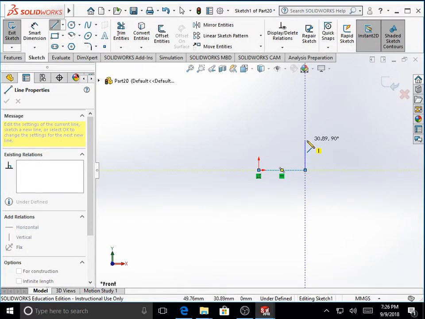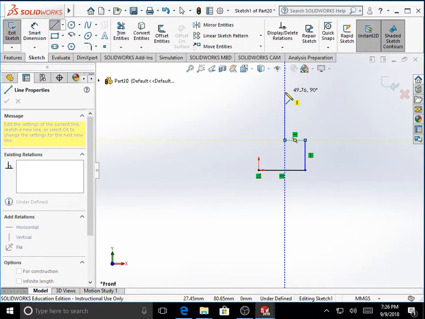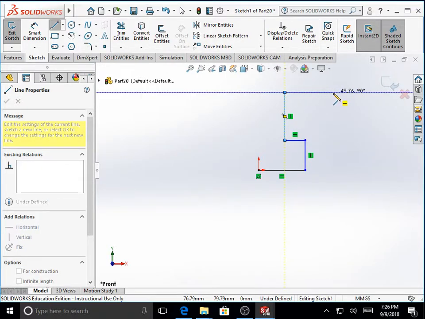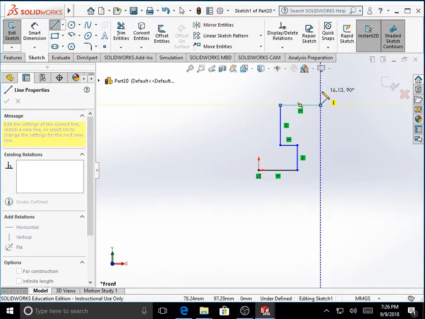We move upward in a vertical direction. We move horizontally onto the left, vertically upwards, move out in a horizontal manner to the right, zoom out a little to accommodate the portion on top of the sketch. You have the roller on the mouse which can be rolled forward to zoom out. Make a vertical line,